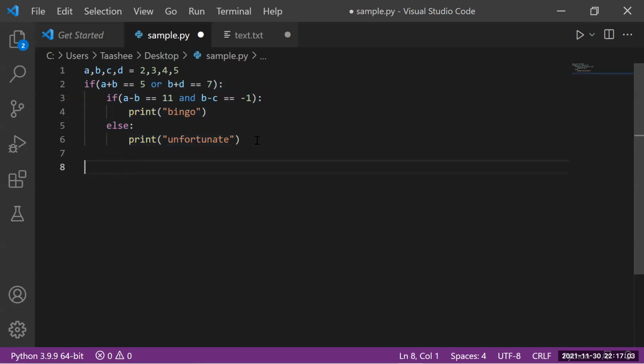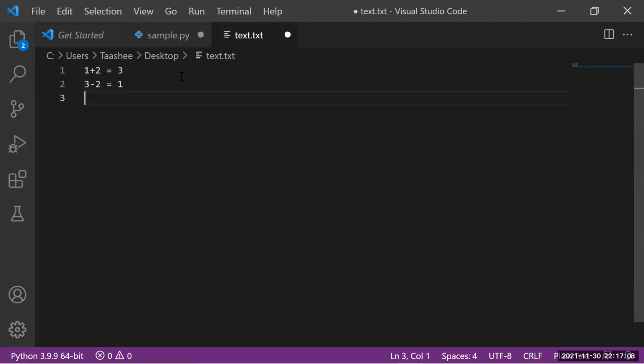Now let's write the truth table for the AND operator. Condition 1, condition 2, and result.